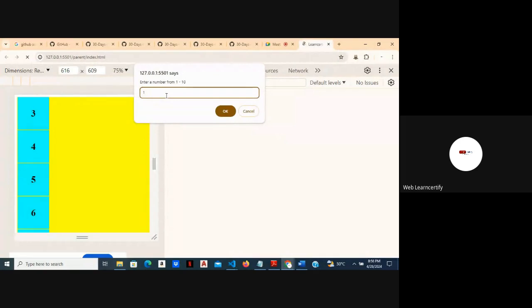But because you're writing your value inside a prompt, it automatically changes the data type from number to string. So JavaScript is programmed that way by default. When you put in a value inside a prompt, it becomes a string. So for us to convert this back to a number, we had to use